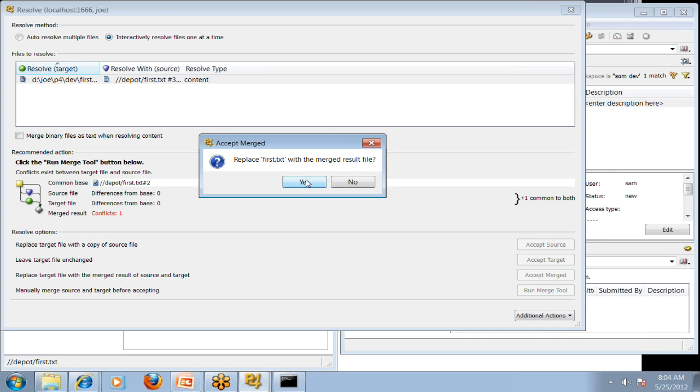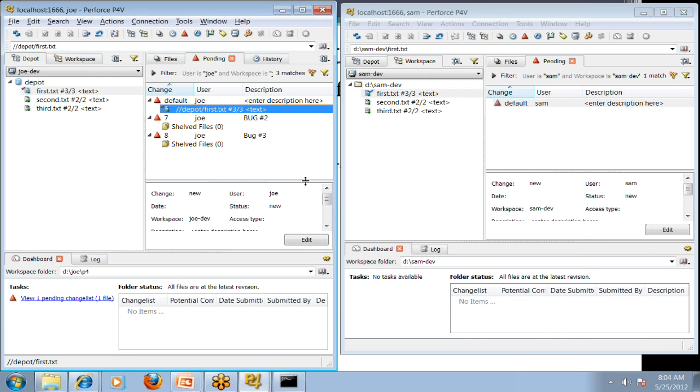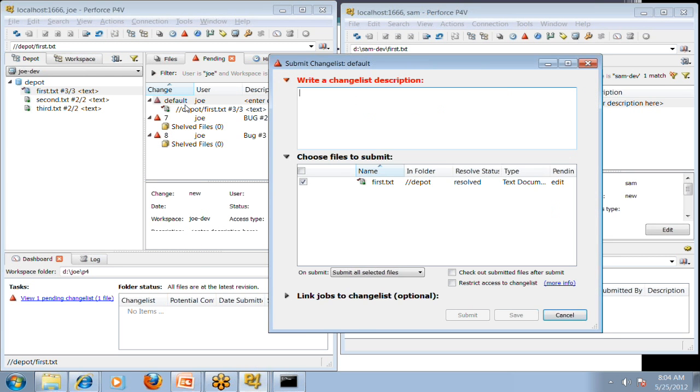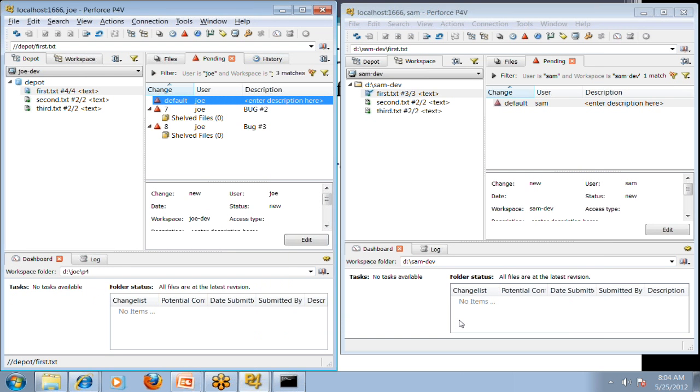So replace the result file, yes, okay, so this is resolved. Now I can check in this particular file, submit, okay, resolving it, submit. Okay, so if you see this,